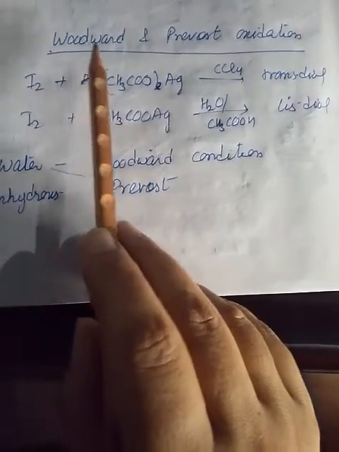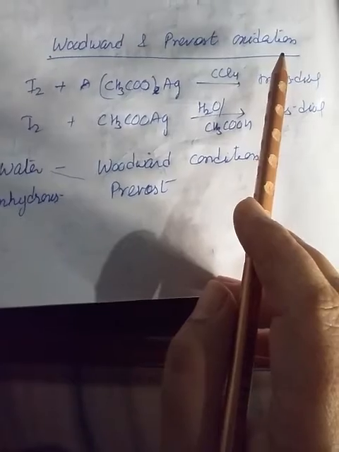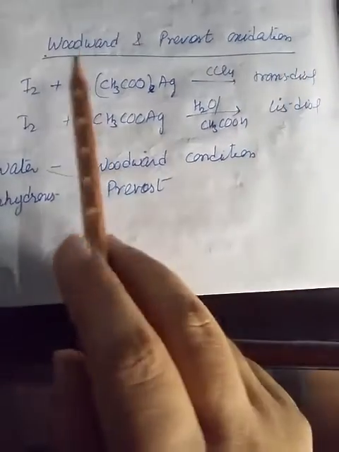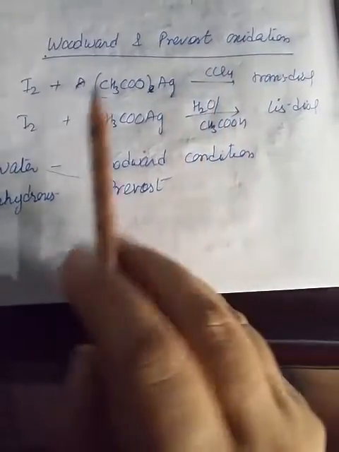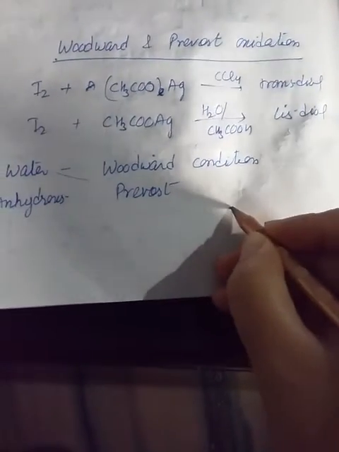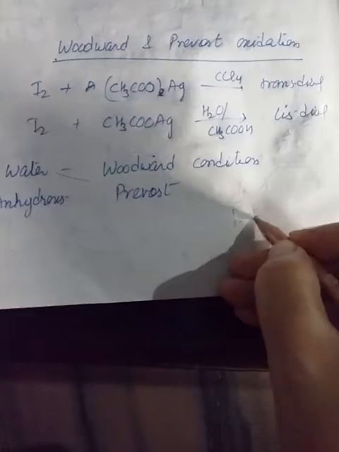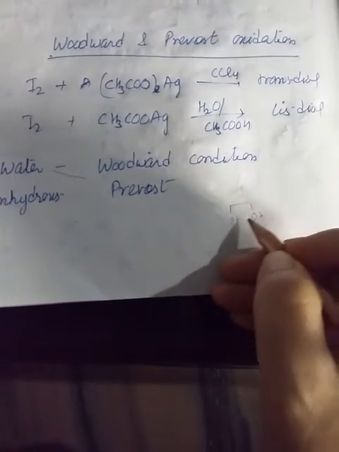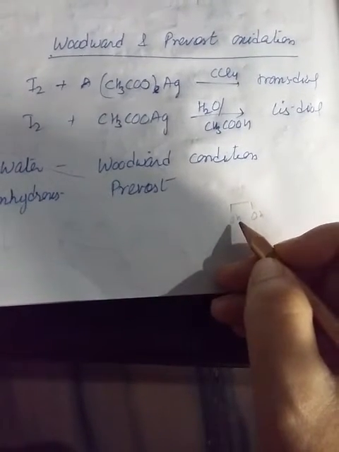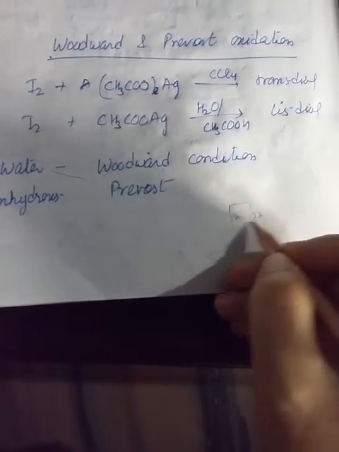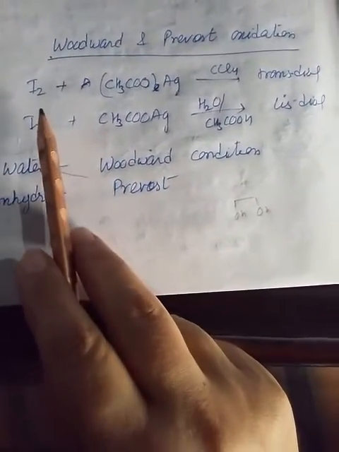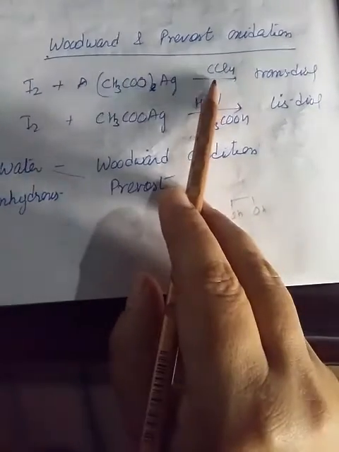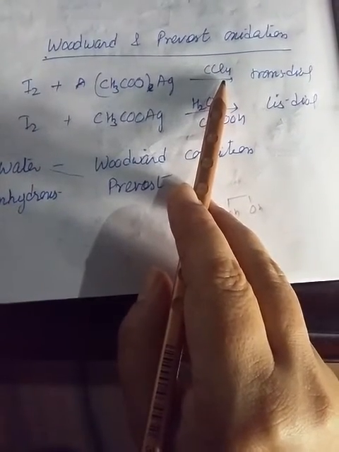Hello students, so today I am discussing Woodward and Prevost oxidation reaction. Woodward and Prevost oxidation is used for the formation of vicinal type of diol. Diol समझ में आ रहा, OH OH, and vicinal type of diol means क्या हुआ आपका, 2 OH are attached with two adjacent carbon atoms, and the reagent for this reaction is iodine dissolved in carbon tetrachloride, and for this reaction